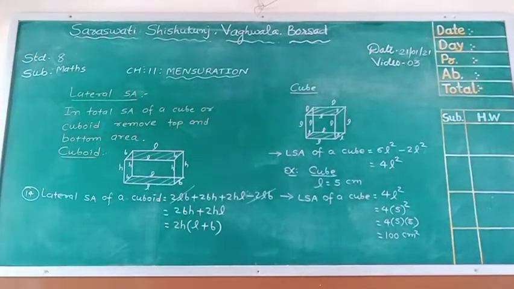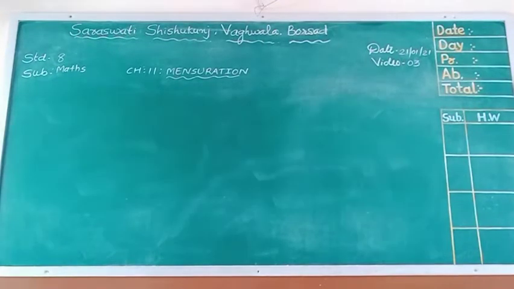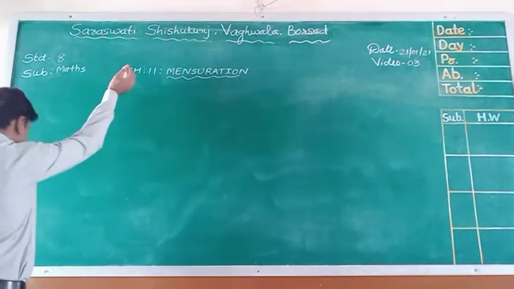So here we see two formulas. One is the lateral surface area of a cuboid equal to 2h in bracket L plus B, and the second is the lateral surface area of a cube equal to 4L square. Now the next topic is cylinder. In cylinder,